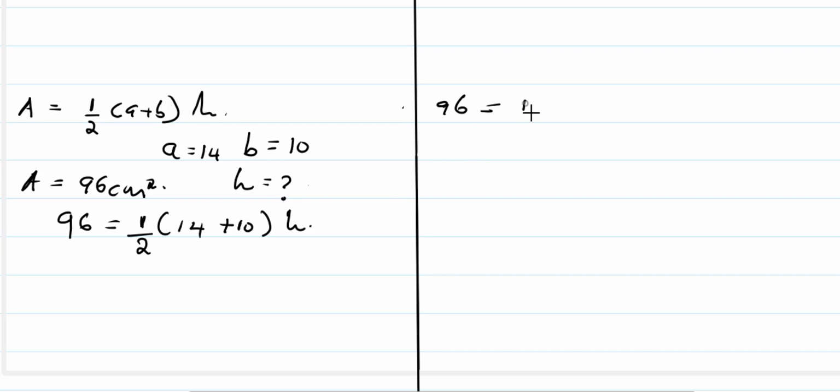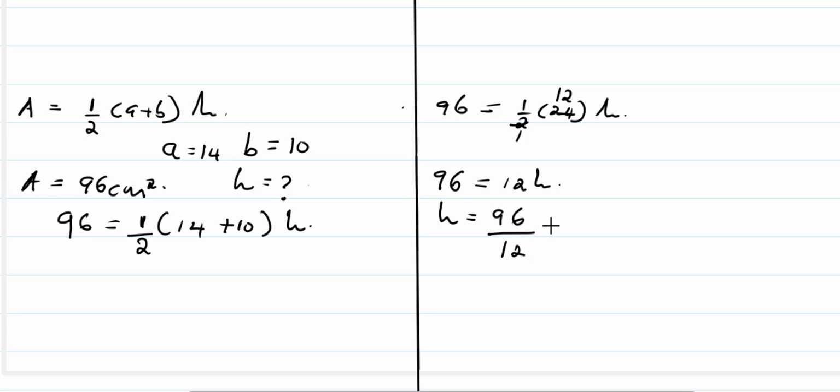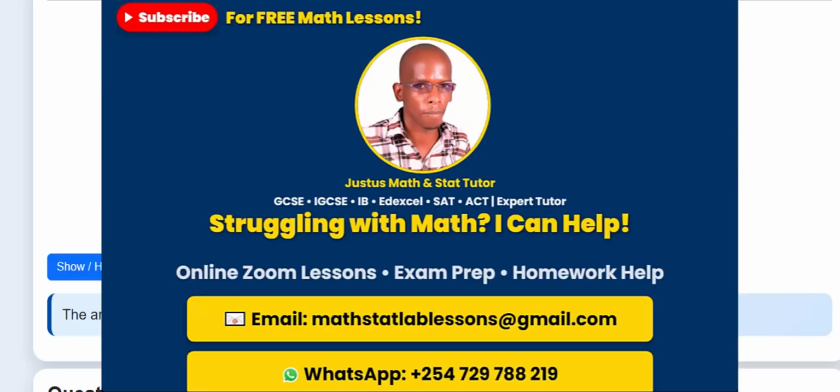So it will be half of 24, then multiplied by height, like that. Or you see, these two, I can divide here by 2, 12, because 24 divided by 2 is 12. So now it becomes 96 is equal to 12 multiplied by h. So to get the height, I need to take 96 divided by 12, and then it becomes 8 centimeters. That is the height of this